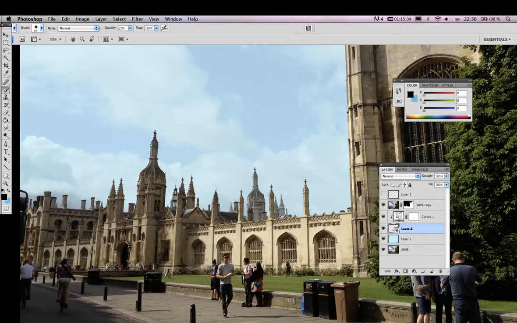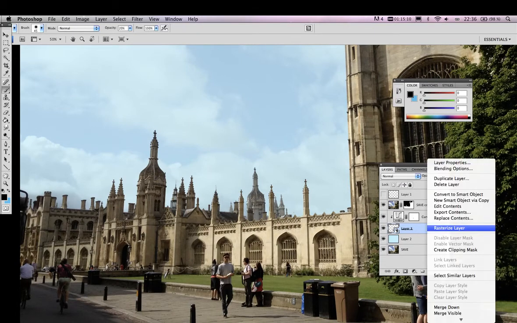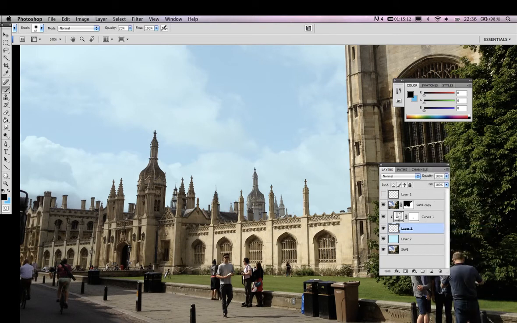So try to use these smart objects if you can, because it's quite cool. And when you're happy, if you really need to clone anything or paint on top of that, then you just rasterize the layer. It's gonna remove it, and then you're gonna be able to paint on it again. So that's it. Well, one more thing, to do some grading on a bunch of elements without having to destruct